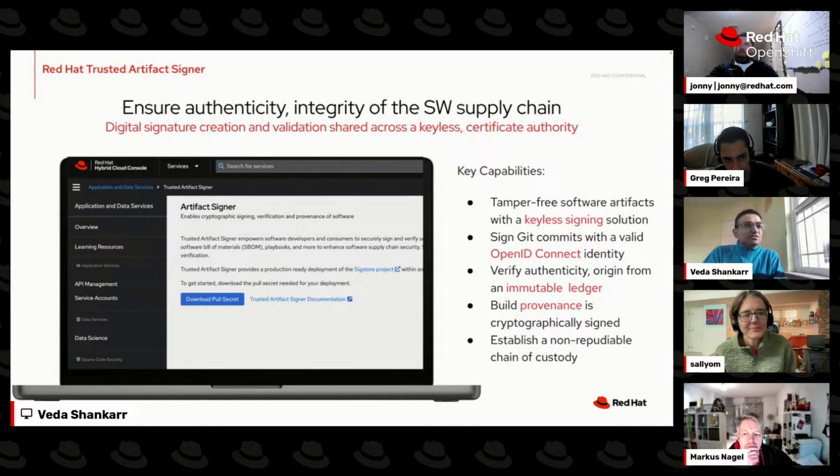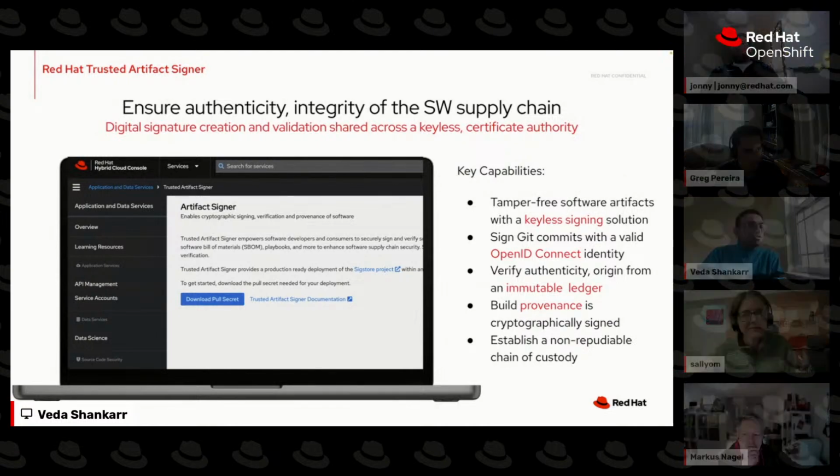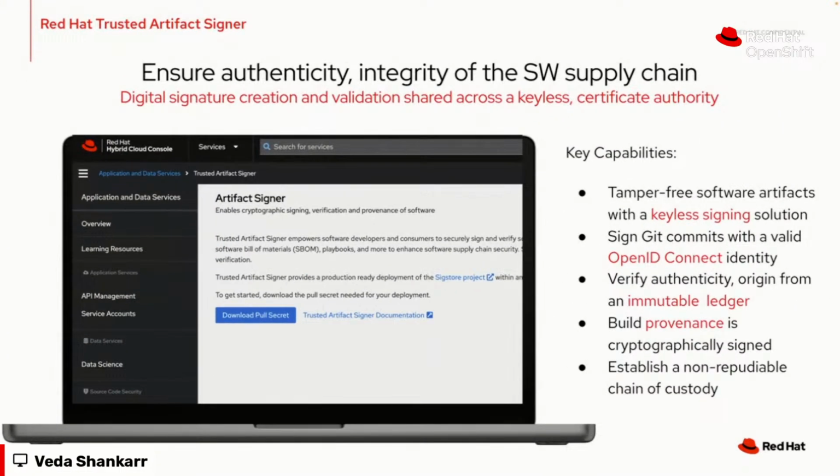Great. This is my last slide, and then it'll be over to Marcus to really show how it all works. I think the most important thing I already touched upon, the immutable ledger. The key is we are going to be using an OpenID for signing, right? So that basically provides the identity.